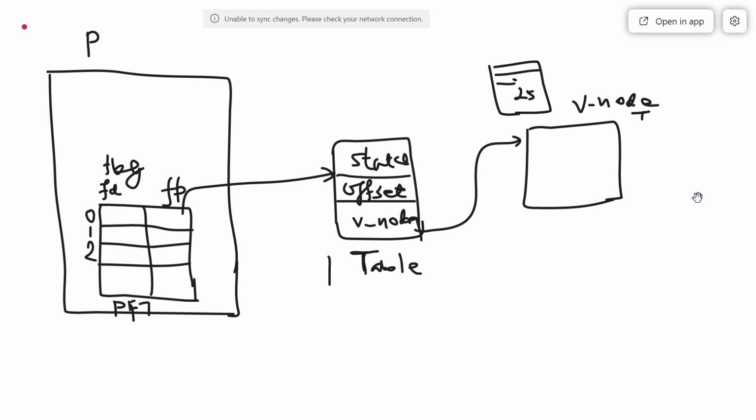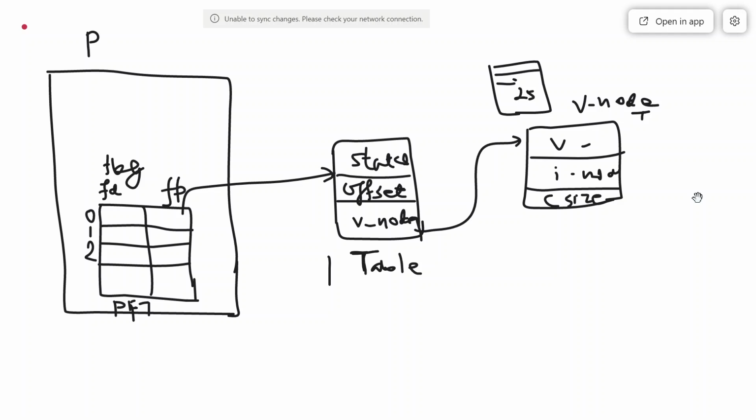What is there in the vnode table? Some vnode information, then inode information. If you remember my previous lecture, the inode stores everything about the file except the file name and data. And then we have the current size of the file. I may give a formal description later.